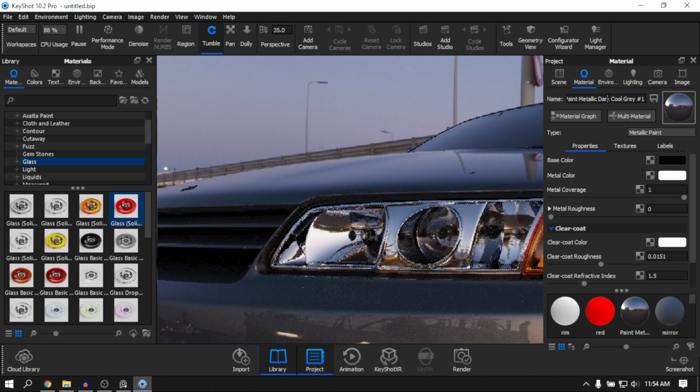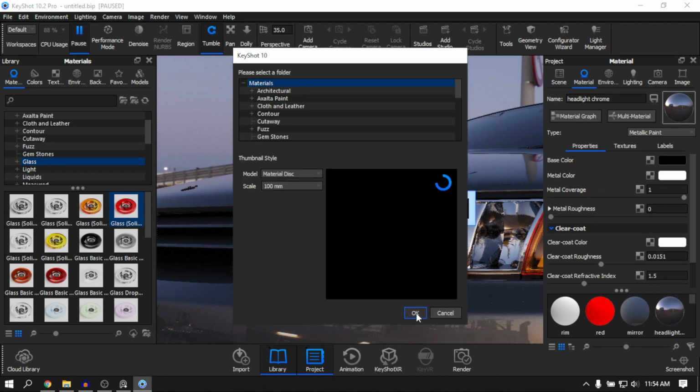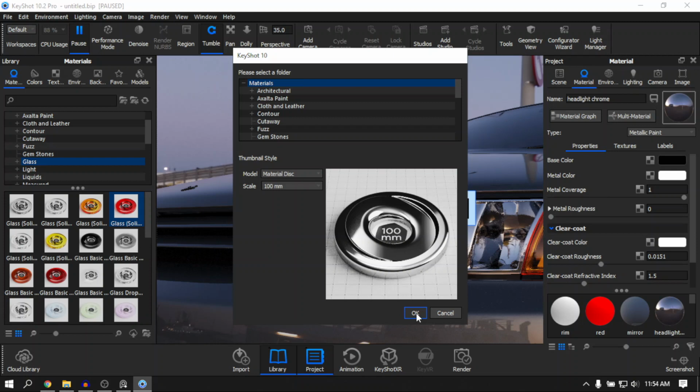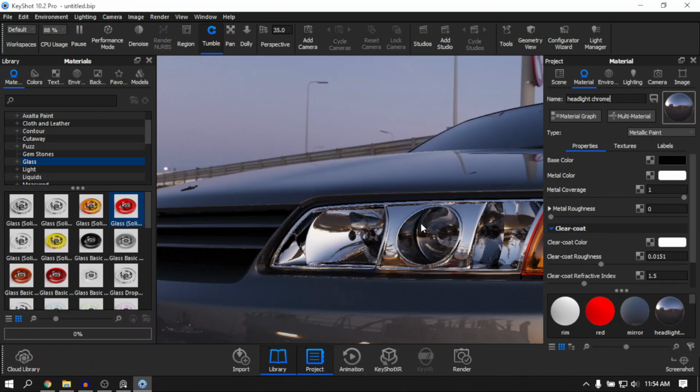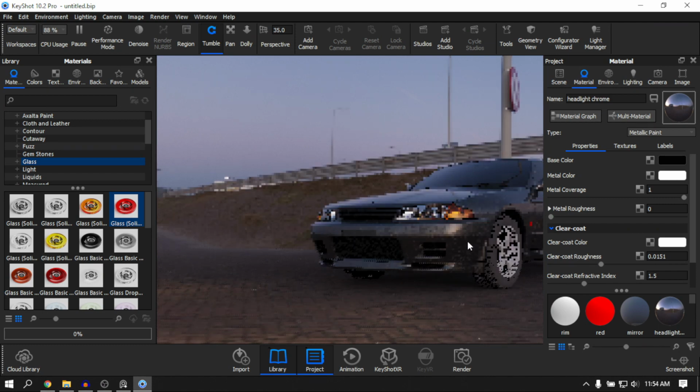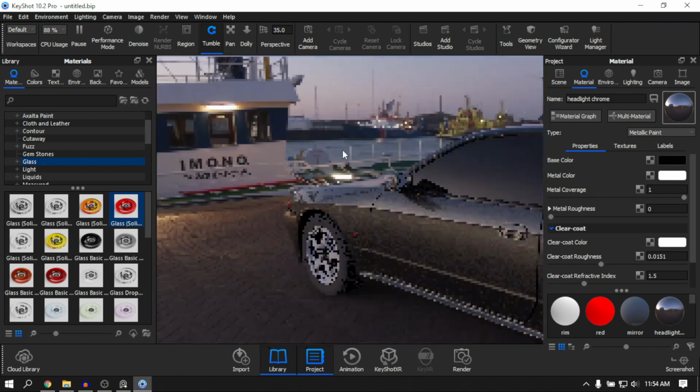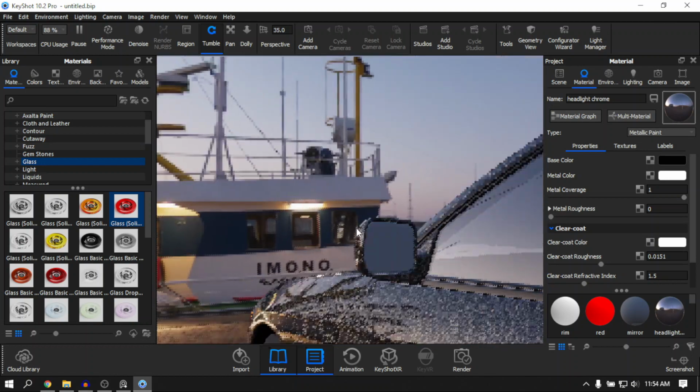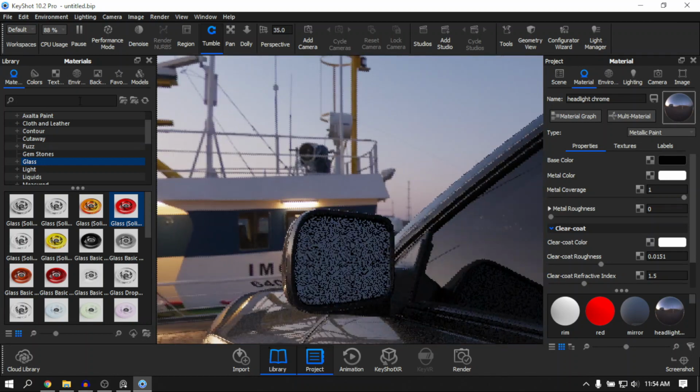So we are going to hide our model, right, and we are going to double click on our headlight chrome, and we are going to save it as headlight chrome, right? So now that our headlight chrome material menu pops up, we can save it as a separate material, right? So now that our material is saved, we can head back to our side mirrors and we can search for